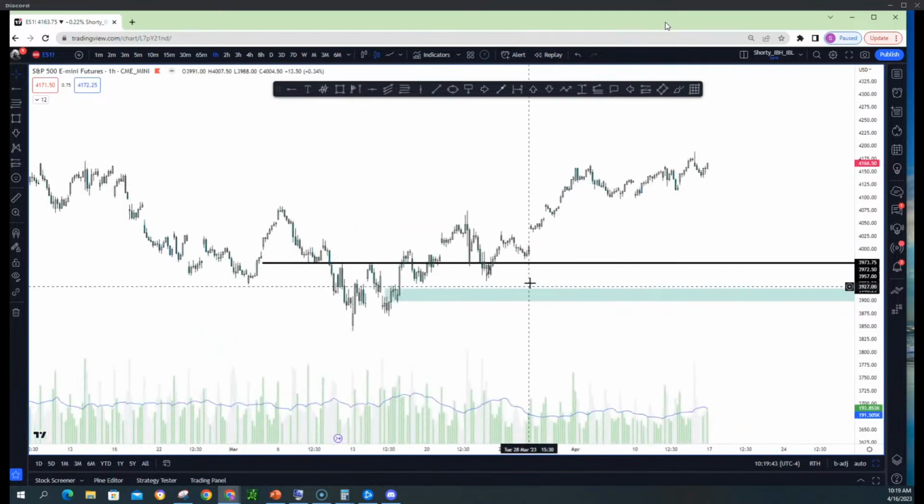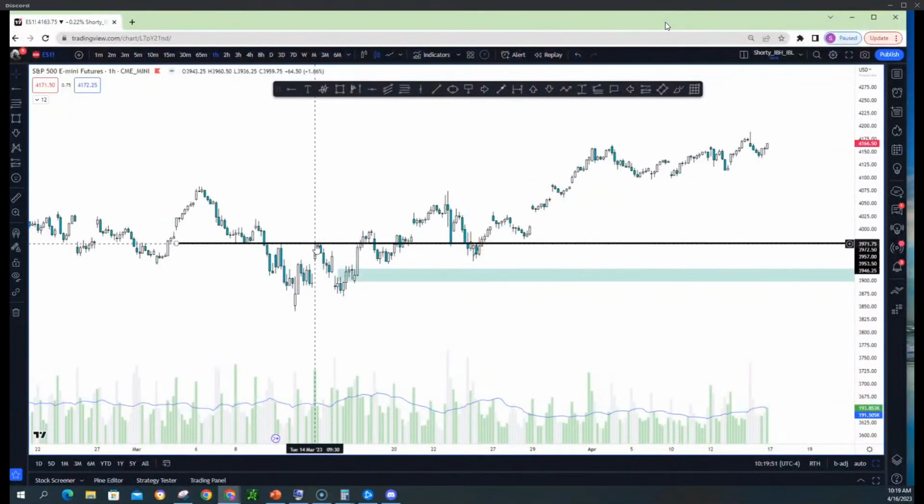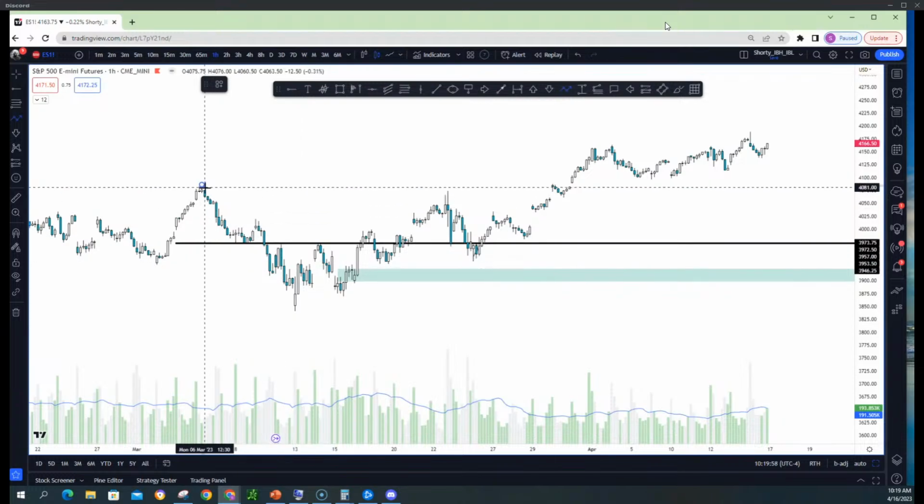So eventually, once we come back to 39.50, I would say that's a perfect buying opportunity because it's going to be coming back right into this imbalance. This is the imbalance that broke the structure, putting in higher highs right here. So here's your lower lows.